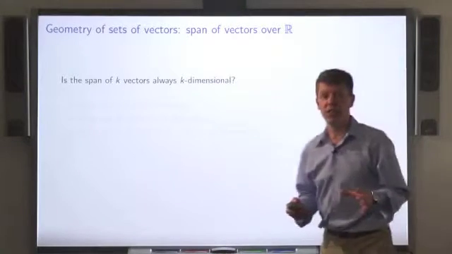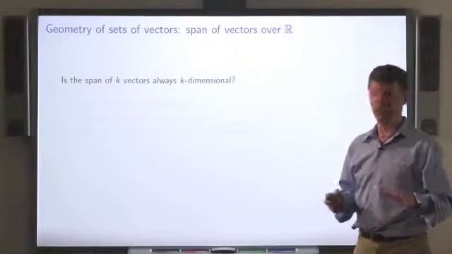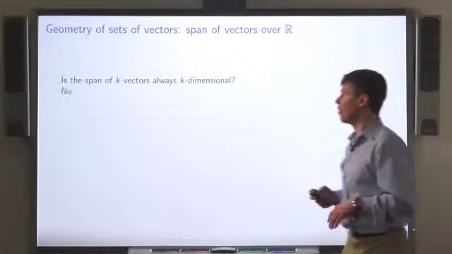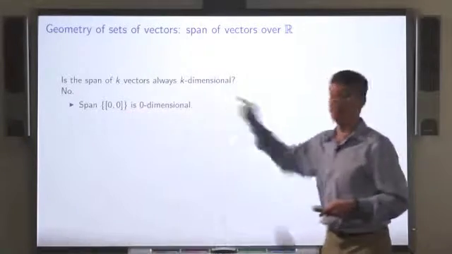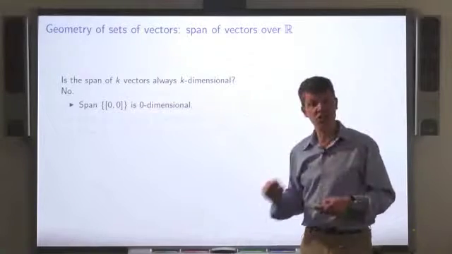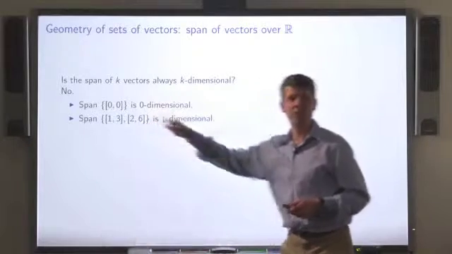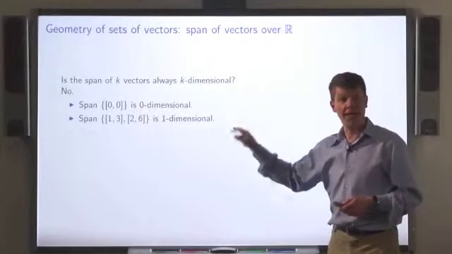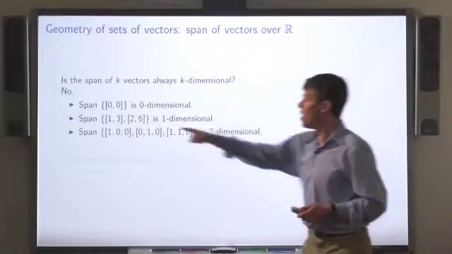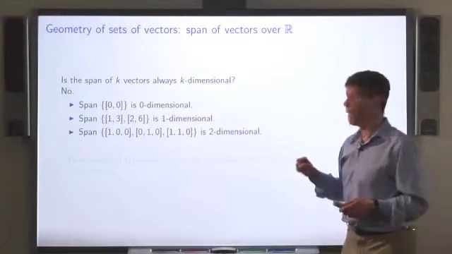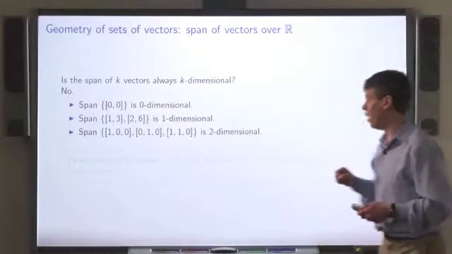This raises the question, is the span of k vectors always a k-dimensional geometric object? The answer is no. For example, the span of the 0 vector consists just of the 0 vector. That's a zero-dimensional geometric object. The span of these two vectors is a line, which is a one-dimensional geometric object. The span of these 3 vectors is a two-dimensional object, a plane,